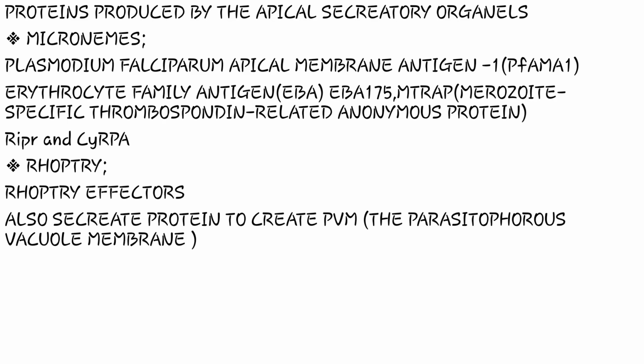So the other secretory organelle is the Rhoptry. This is a Rhoptry. Rhoptry tends to release or produce Rhoptry effectors. So these Rhoptries tend to have certain proteins inside them. They have Rhoptry effectors. They have the RON complex, which is inside this Rhoptry bulb. So we will come to see the structure of the Rhoptry and how this Rhoptry aids